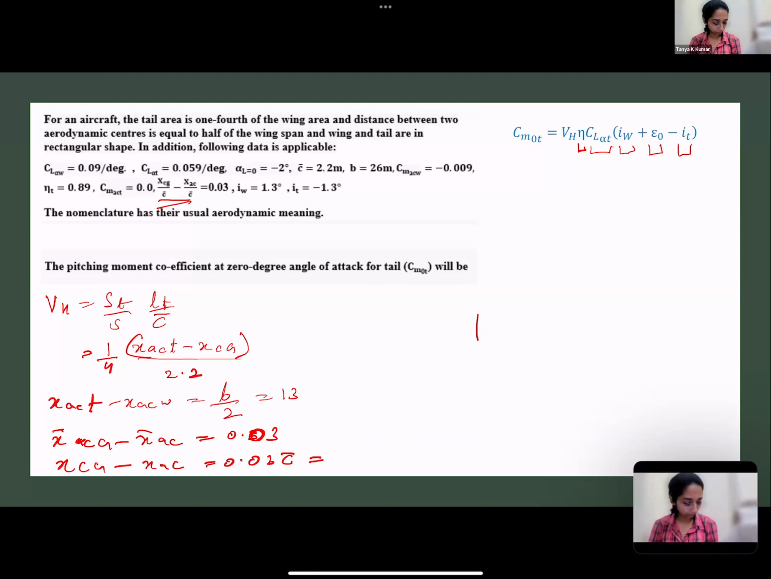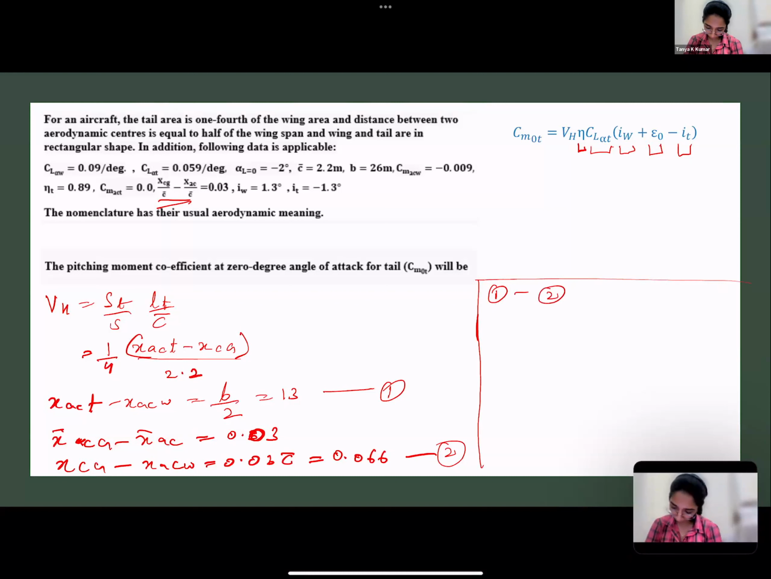How much is that? So you have 0.066. Now, this is XAC wing. So this is equation number 1. This is equation number 2. If I subtract these two equations, I will get XAC tail minus XCG. Right? So if I do this, then I'll have